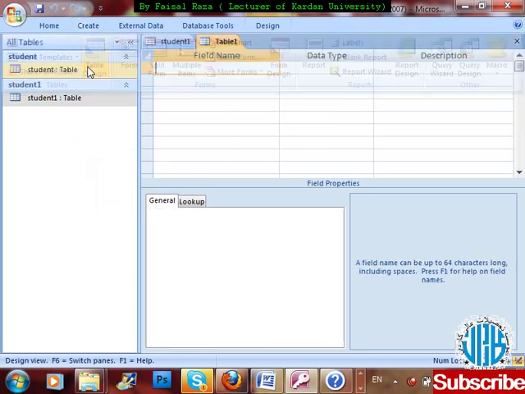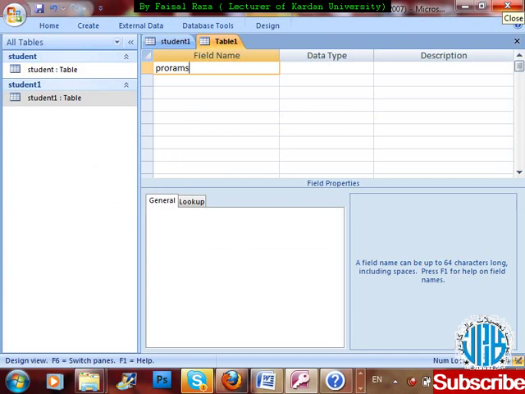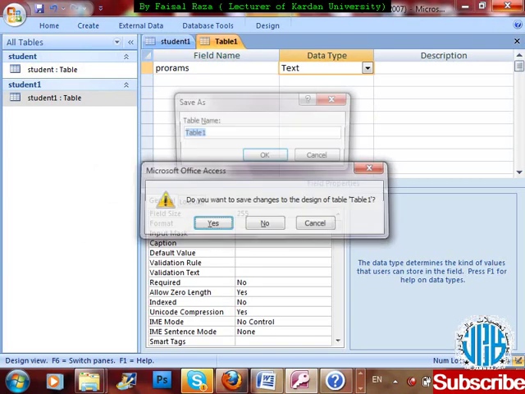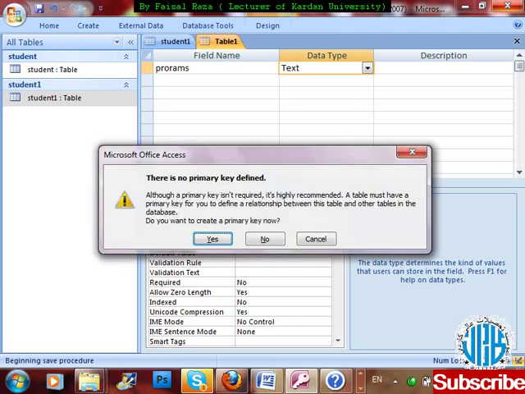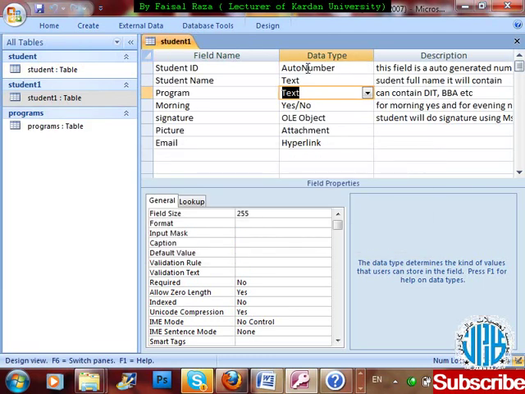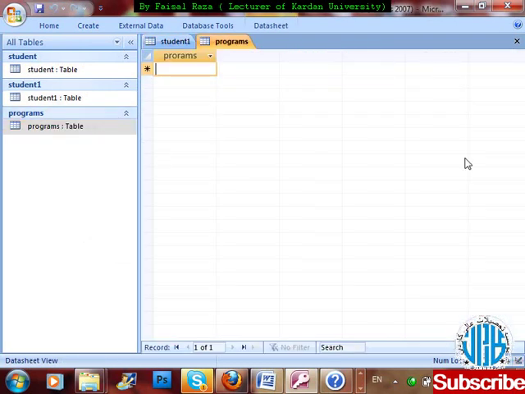Create table in design view, programs, text. Control W, programs, no primary key. Okay, double click on the programs table and enter programs: DIT,